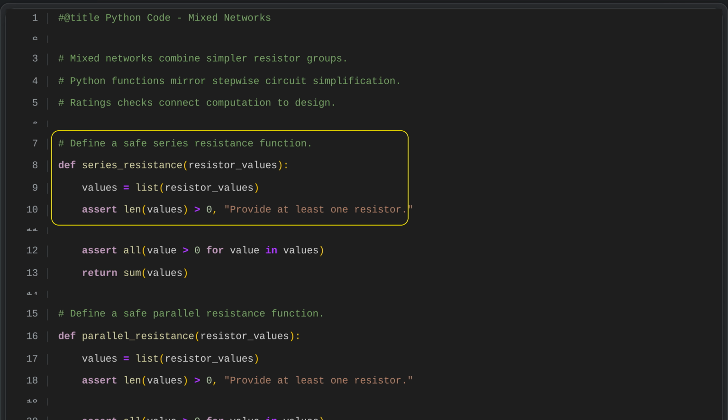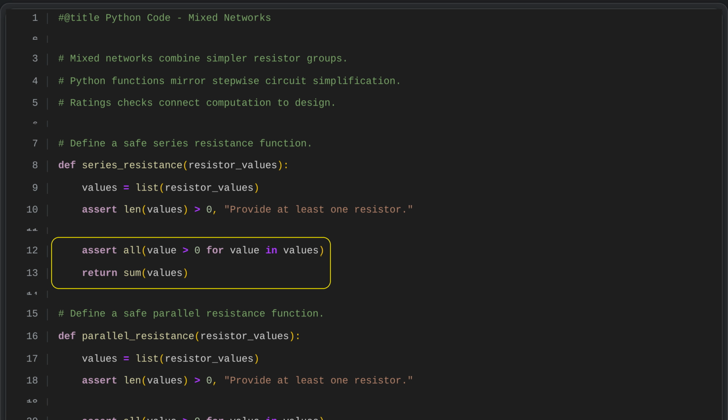The function first turns the resistor values input into a list, so it can be handled consistently. It then checks that at least one value was provided, and if the list is empty, it raises an error asking the user to supply a resistor value. The code first verifies that every resistor value is positive, so only valid resistance values are used. It then finds the total resistance by adding the individual values together, which is the correct method for resistors connected